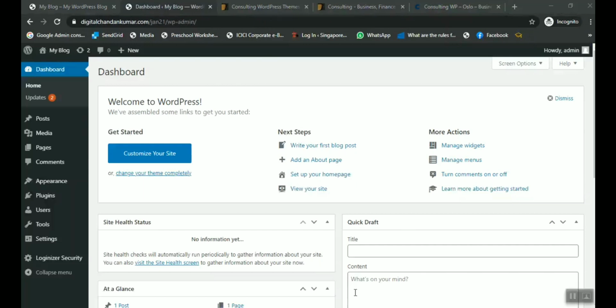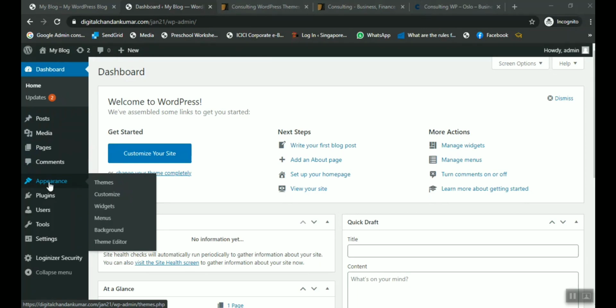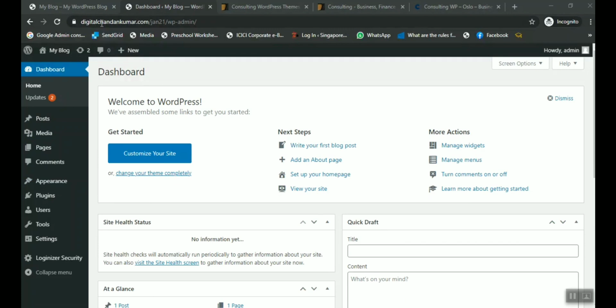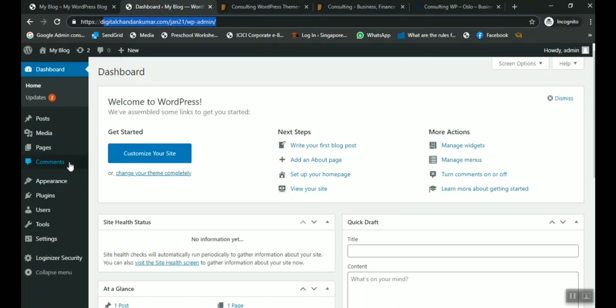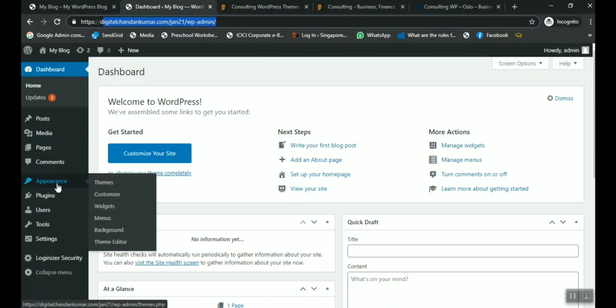Yes, I have already downloaded the theme here. Now I will show how to install the theme. Whenever we want to install the theme, we have to go to the appearance button here. Appearance we can see on the left side of the WordPress admin, and we need to log in to our domain only. You should not go onto WordPress.com. Simply log in with your cPanel, come to your WordPress admin URL, and here you can see appearance. Here you click on the customize option. You have to click, but first we are going to install the theme.